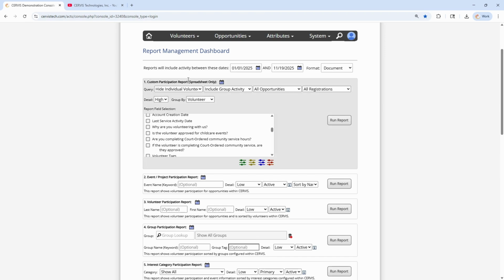But what this report allows you to do is to apply queries to filter which volunteers or which opportunities or which groups or maybe even which specific reservation codes were used to complete certain registrations. So these queries allow you to drill down into your database and say, I don't want to look at everything. I want to look at a specific set